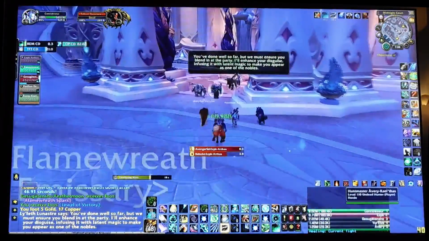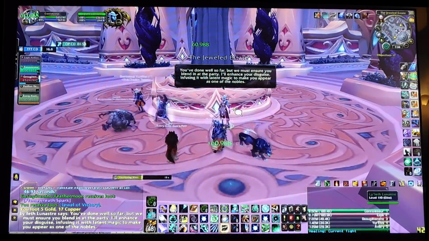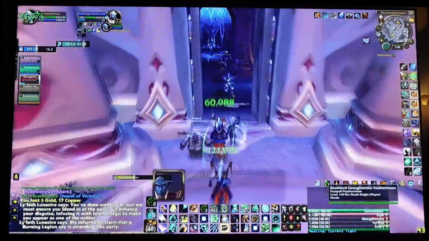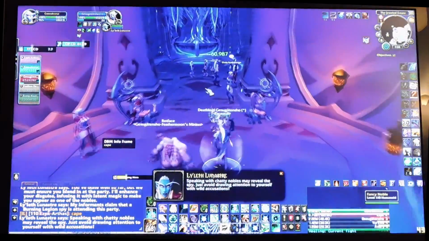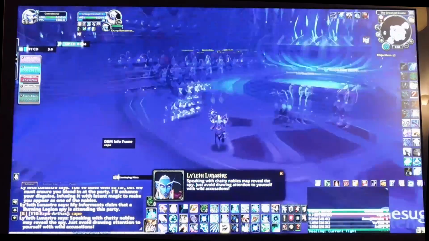You've done well so far, but we must ensure we blend in with the party. I'll enhance your disguise, infuse it with Legion magic, to make you appear as one of the Burning Legion spies attending this party. Speaking with chatty locals may reveal the spy. Just avoid drawing attention to yourself with wild